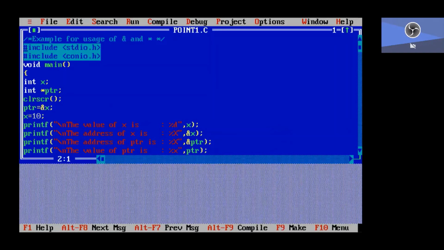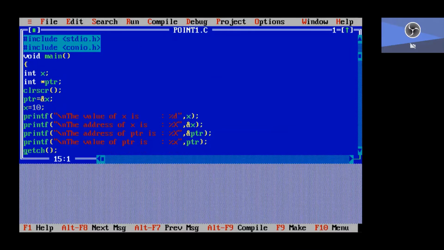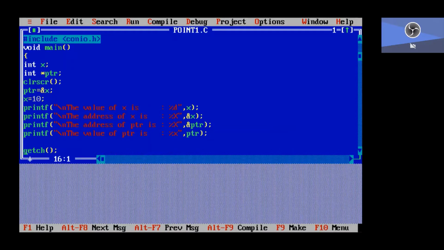Now I'm going to indirectly access the x value. printf \n, the value of x is %d, comma, asterisk ptr.